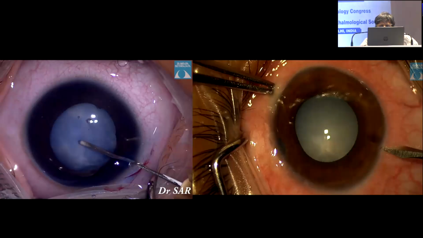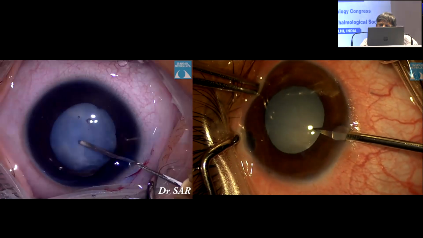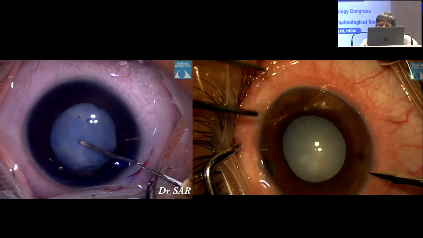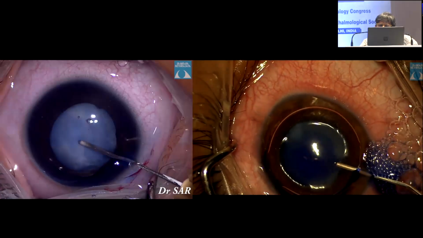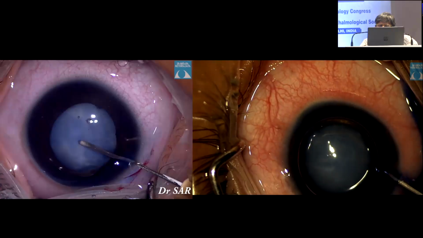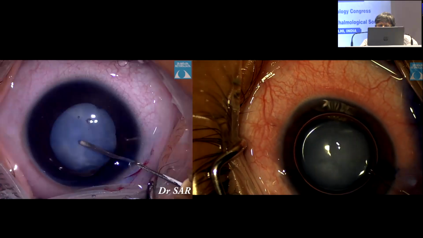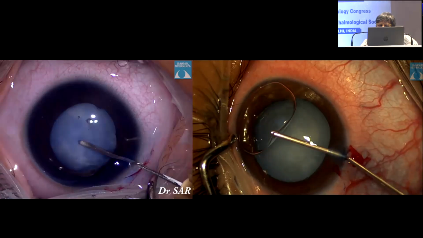So here I'm just showing a small video where this capsule, 10 years back, would have been very challenging, but because of the presence and easy availability of the dyes, you can really see that it has made all the difference to correctly size the capsule, correctly size the anterior axis, as well as